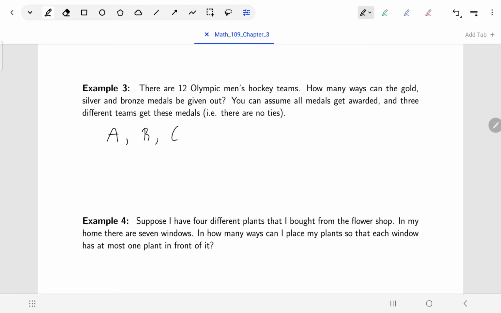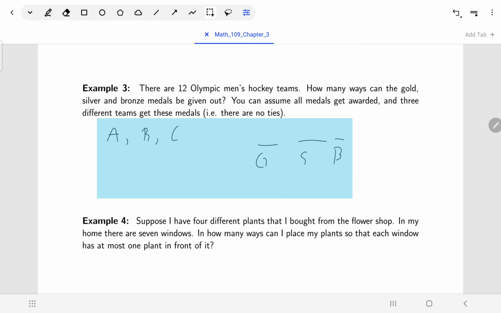In other words, we've got our little podium, we've got our gold, silver, and bronze to give away, and the question is, when these 3 teams go to line up, what order are they going to go in? Is the gold going to go to A, or is it going to B, or is it going to C? What order should these teams arrange themselves in when they go to line up on the podium to go get